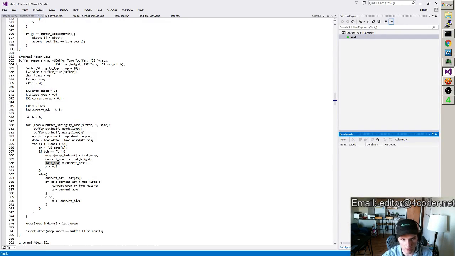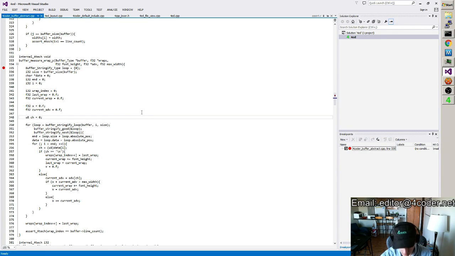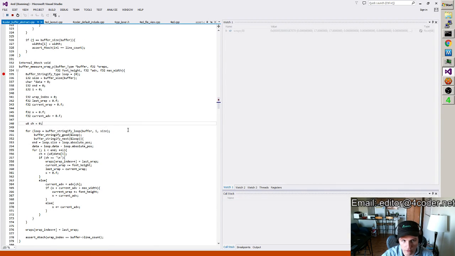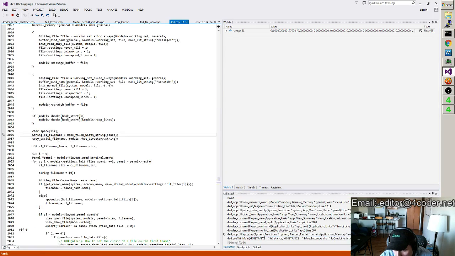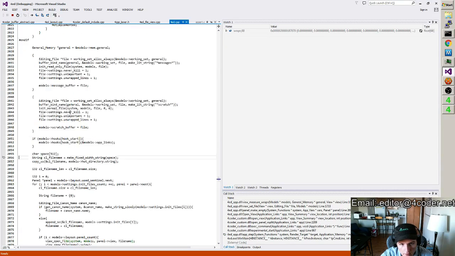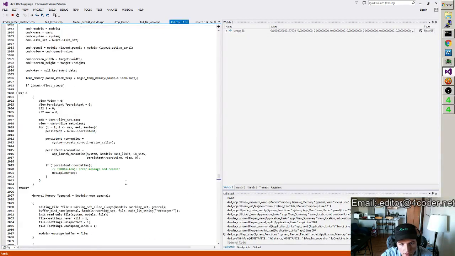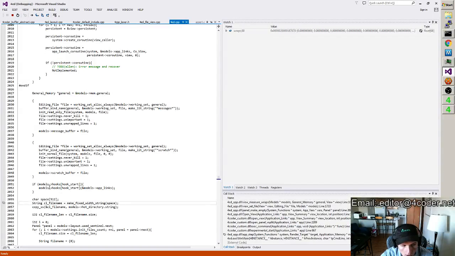Let's look at this in the debugger now. Why did the empty buffer go through this function 3 times? It's ridiculous. Alright, so we're doing app step. This is during an initialization frame. So